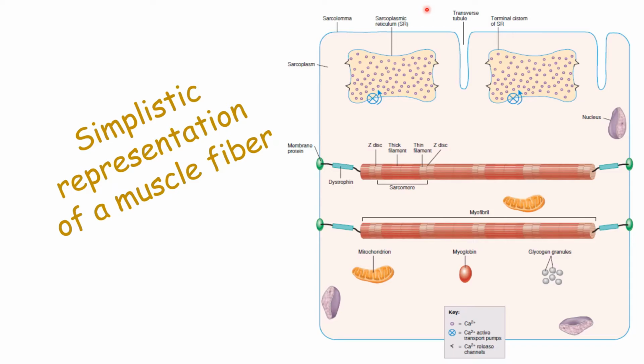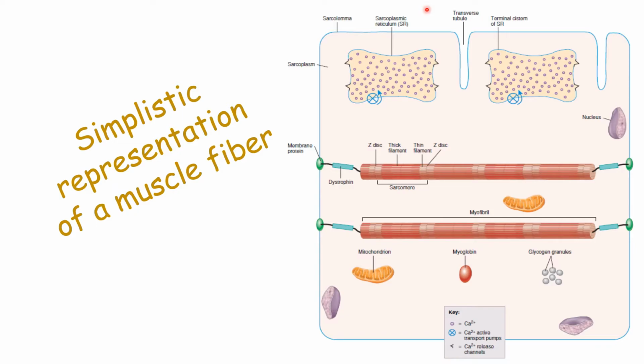A fluid-filled system of membranous sacs called the sarcoplasmic reticulum encircles each myofibril. This elaborate system is similar to smooth endoplasmic reticulum in non-muscular cells. Dilated end sacs of the sarcoplasmic reticulum, called terminal cisterns, butt against the T tubule from both sides. A transverse tubule and the two terminal cisterns on each side of it form a triad. Tri means 3.